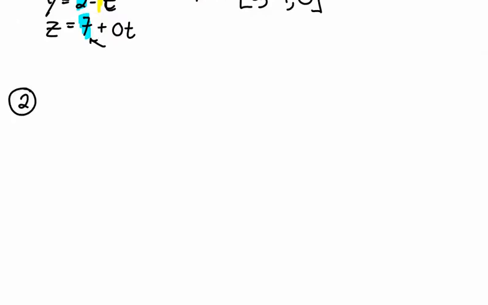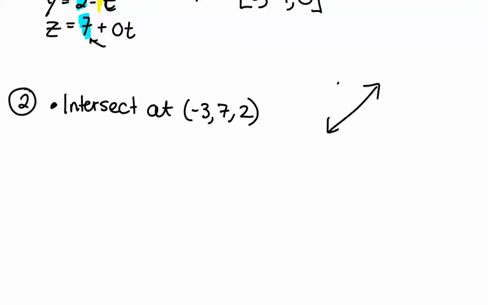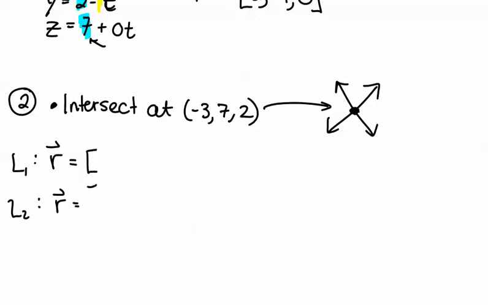Write the equations of two three-dimensional lines that do those 3 things. Okay, so there could be multiple answers here, but I'm just going to go through one way to do it. So if we're trying to say they intersect at -3, 7, 2, so that means we've got 2 lines, not accurately drawn, and we know they're going to intersect right at that point. So things I know. Okay, I know they share that one common point. So if I'm going to make 2 equations for like line 1 and line 2 that intersect at that one specific point,